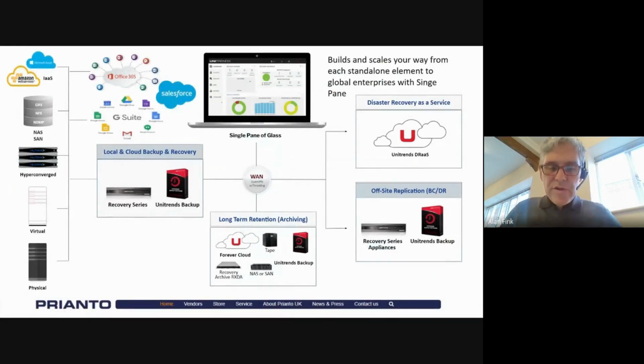Just touching briefly on Unitrends as a strategic vendor solution. If you're talking about Office 365 or Salesforce or G Suite or Azure workloads or AWS workloads, these are all standalone solutions. If you just wanted to look at that particular item, they're SaaS to SaaS. But if you take that a step further and look at Unitrends as a more strategic vendor to protect your on-prem assets, NAS, SANs, hyper-converged infrastructure, which they're accredited for all the major ones, virtual or physical servers,